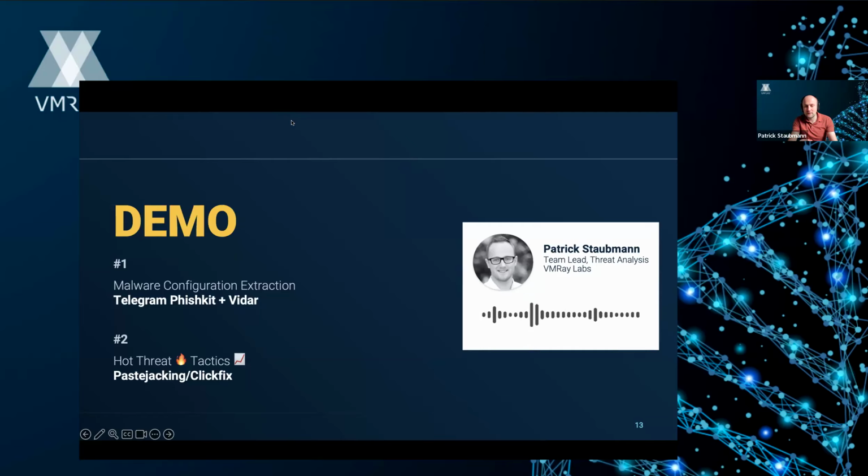Not only are they actually using Telegram, but it also seems that, as in this case for Hydra Saiga, even threat actors, maybe APTs, state-sponsored operators also start to use it, which is definitely an interesting shift in what the command and control server infrastructure looks like nowadays. And that brings me to the first part I'm going to show you in the demo: phishing pages nowadays also seem to start using Telegram, which makes it very interesting, I think.